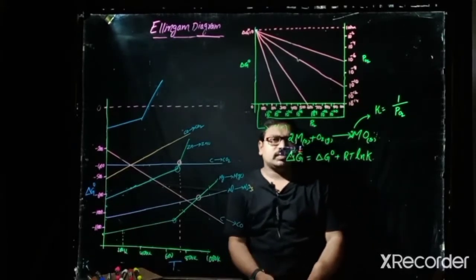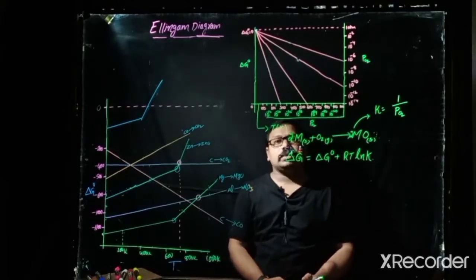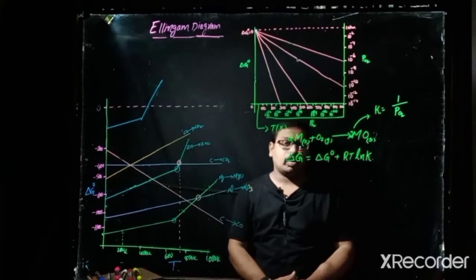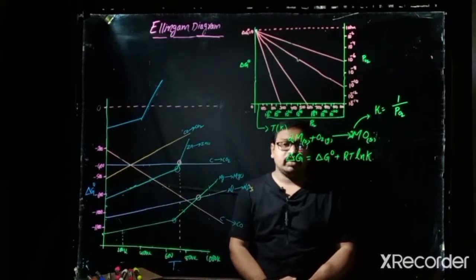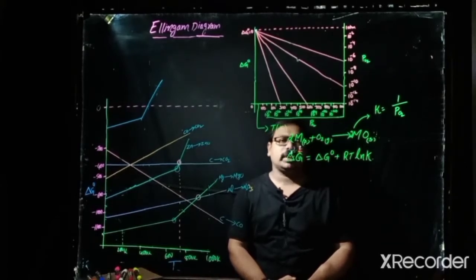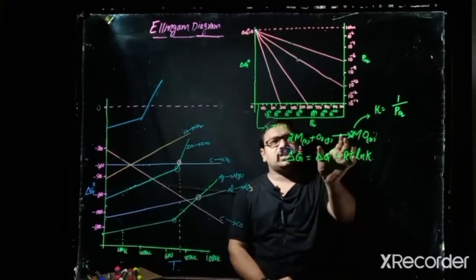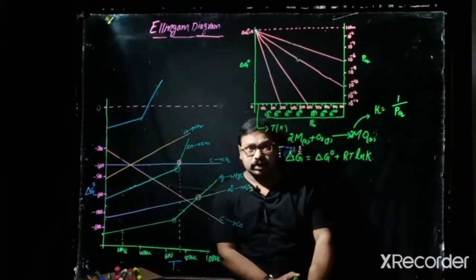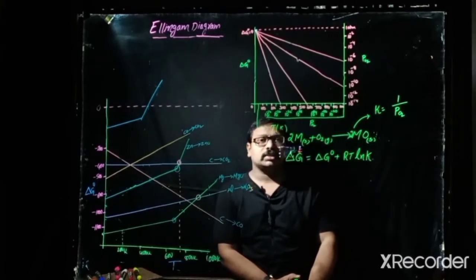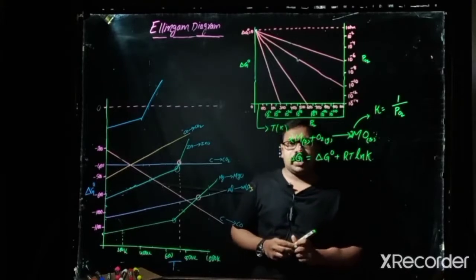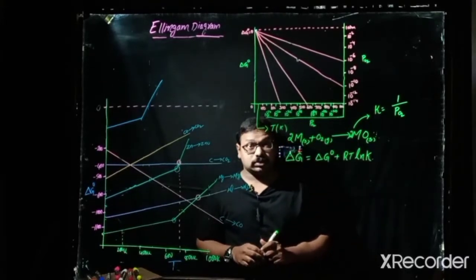First of all, we have to calculate the equilibrium partial pressure for the oxidation of the metal. Why? Because in the Ellingham diagram every reaction is pre-assumed to be an equilibrium reaction. So we should consider every reaction a reversible reaction. Based on that concept, we have to find the equilibrium partial pressure of oxygen.